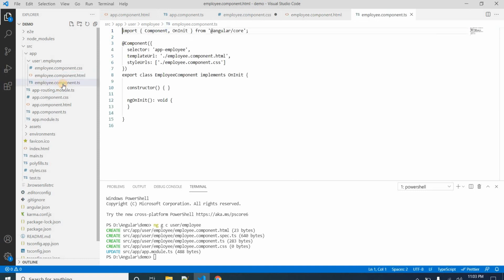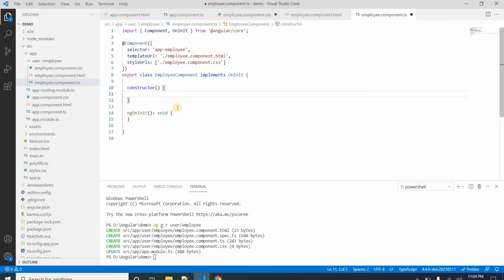So now the fourth file is the component.ts. This is the file where we write the TypeScript code. We have the constructor here, and in the case of a component we have hooks like ngOnInit and constructor.